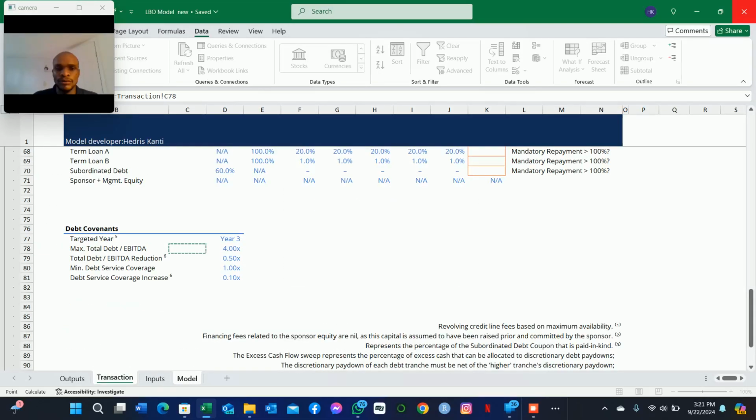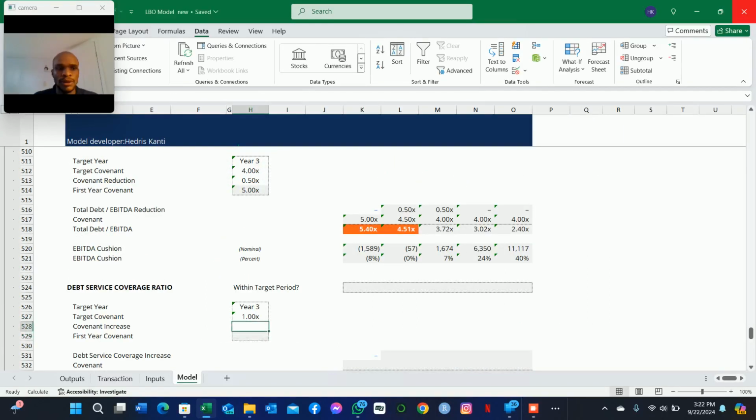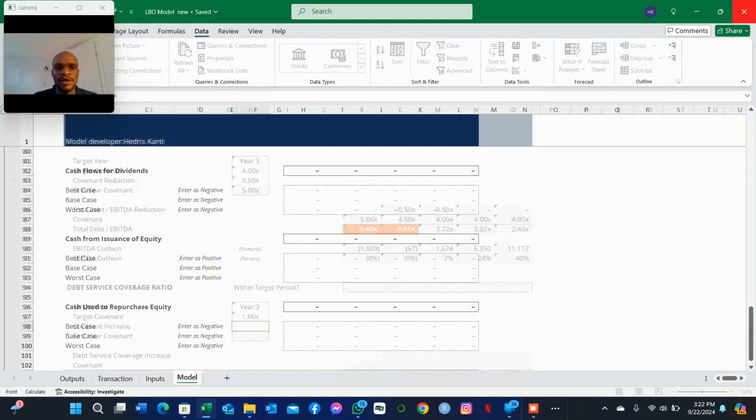The target covenant in this case is 1 times. That's a minimum debt service coverage amount. So we're seeing here that this company must be able to generate at least 1 times EBITDA to cover for its principal and interest. So that's the target covenant. And then for the covenant increase, it's gonna be